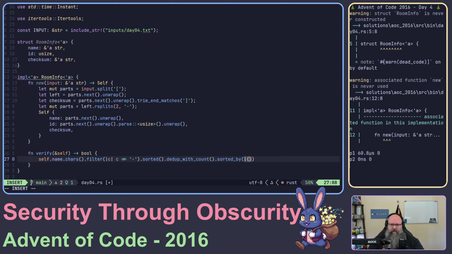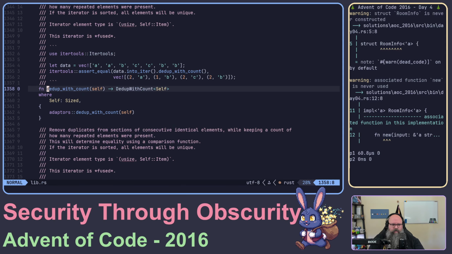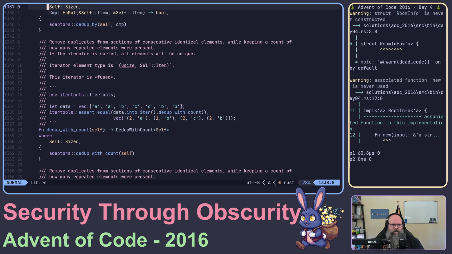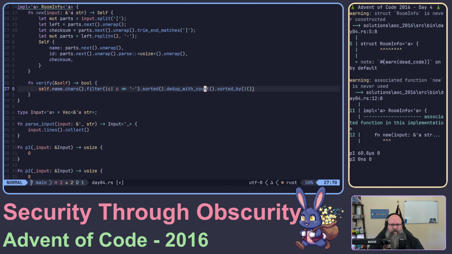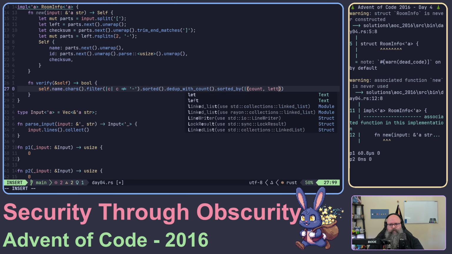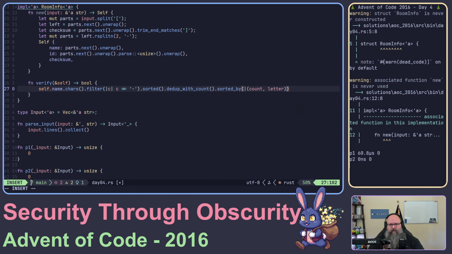What does dedupe with count return? Usize and self item. So we have a count and we have a letter. So the way we sort is by